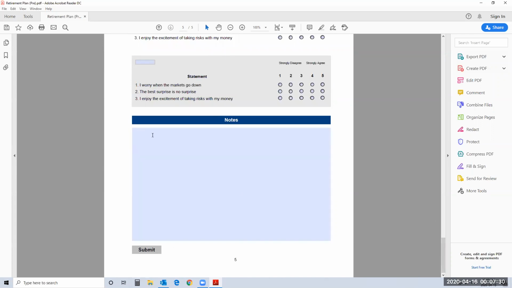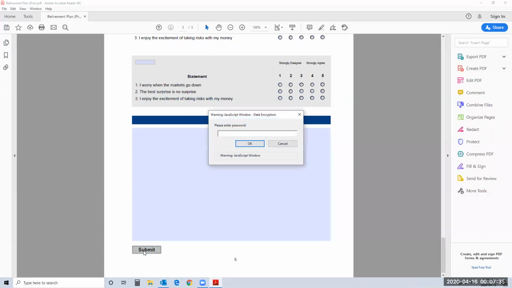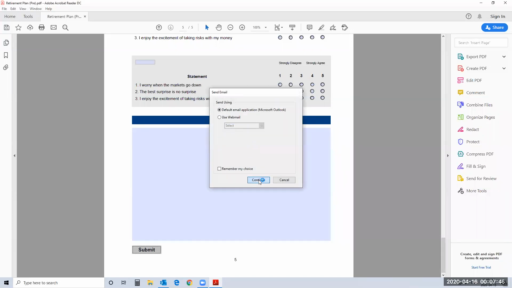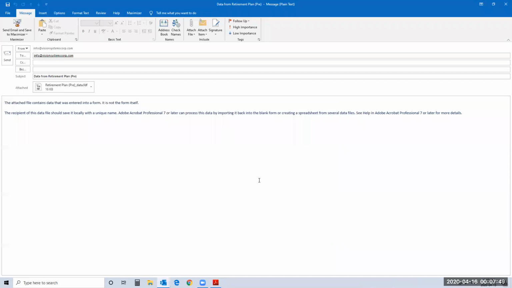What happens when the client has completed the questionnaire is that the client will hit the submit button, be able to enter a password. I personally don't think it's particularly necessary. I'll explain that in a moment. What happens is that a data file is extracted from the questionnaire. And the data file not only has the data in it, salary, for example, but it also has an address system. And it's the address system that maps against VisionWorks that allows all the data in the questionnaire to be